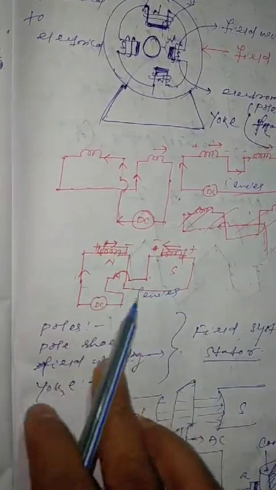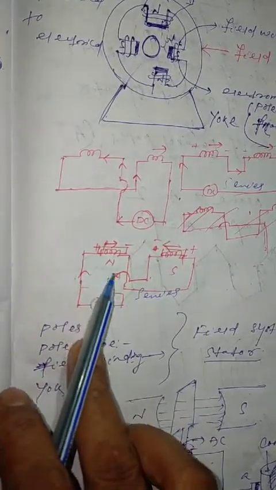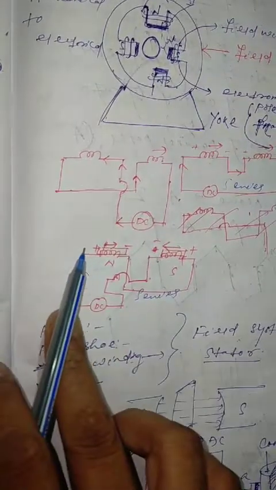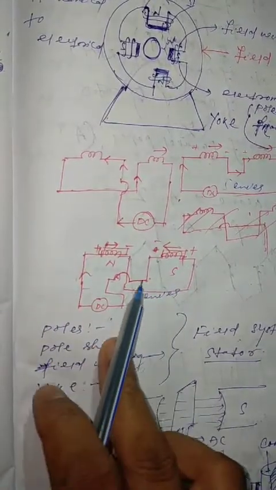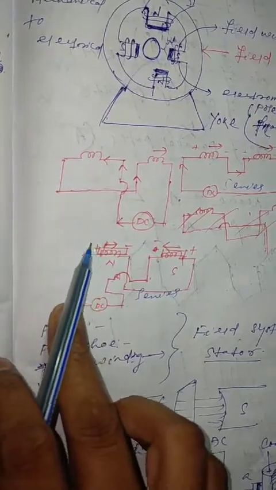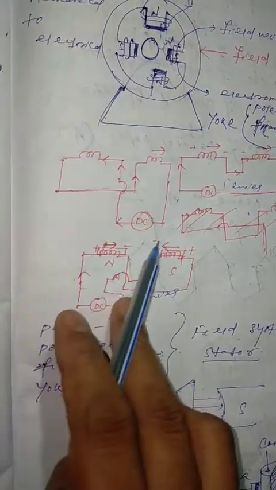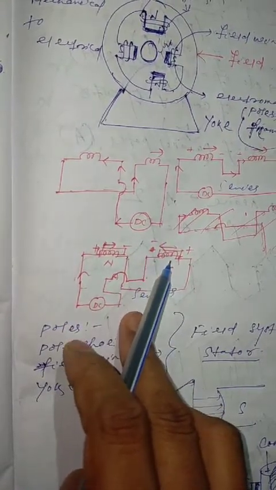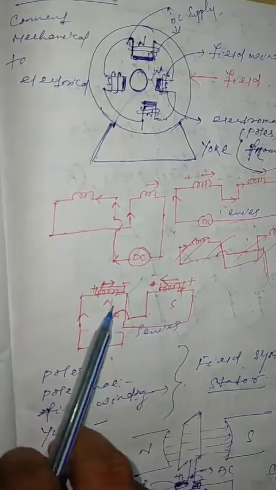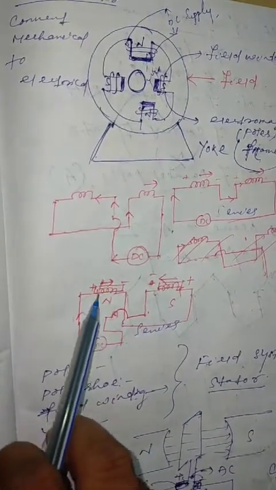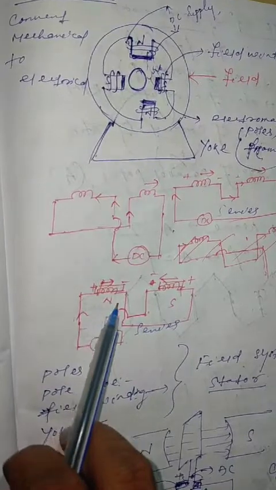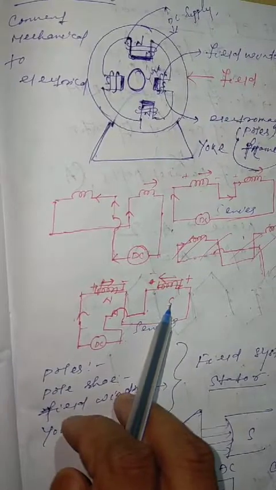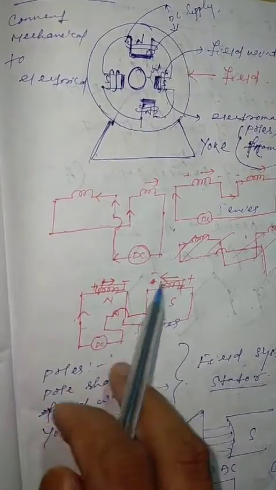But if I go for this kind of structure, the direction of the magnetic field follows from the direction of the current. The current is flowing in this way, then in this way, and finally in this way. So for this one the magnetic field is in this way, and for this one the magnetic field is in the opposite direction. As the flux directions are opposite, the core on which this winding is wound can be considered the north pole, and the core on which this winding is wound we can consider the south pole. In this way you can create the poles.